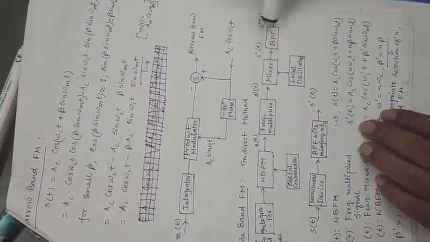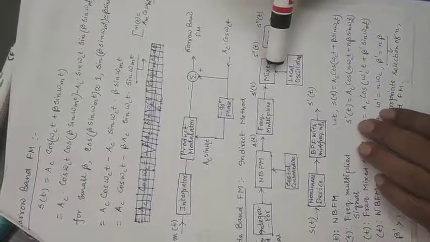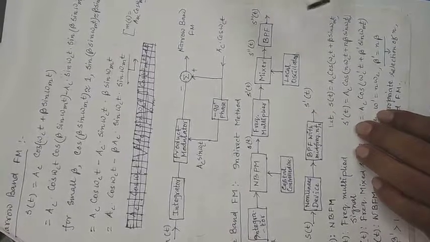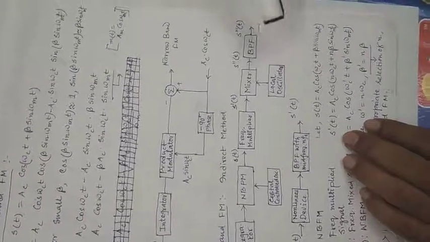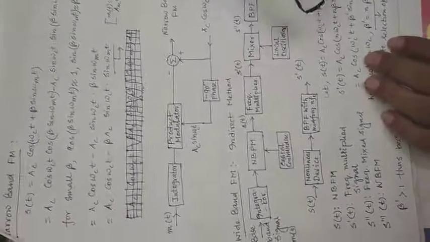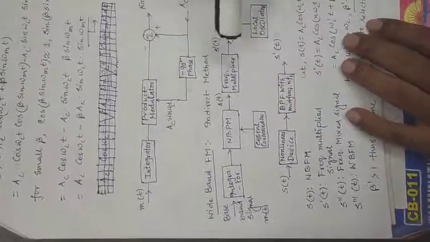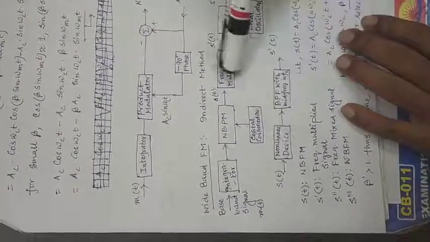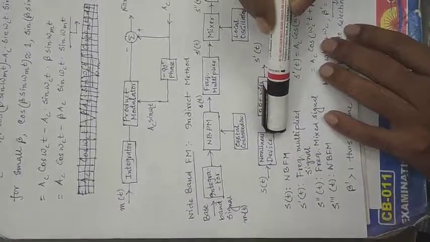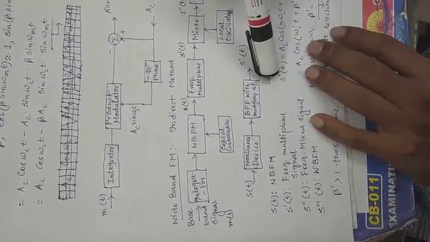That will be done by this frequency multiplier, and then we will use a mixer to fine tune the exact frequency, and a band pass filter will be used. Now see with an example how it is done. The circuit in between, the frequency multiplier, is given here, which consists of a nonlinear device and a band pass filter with mid-band frequency n times fc.